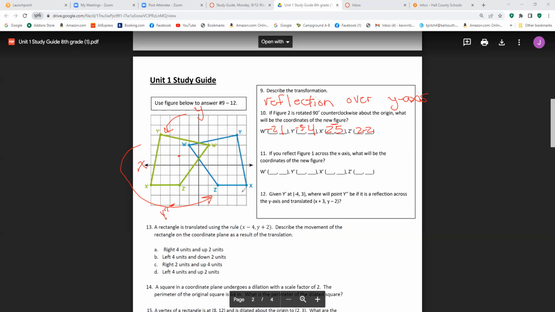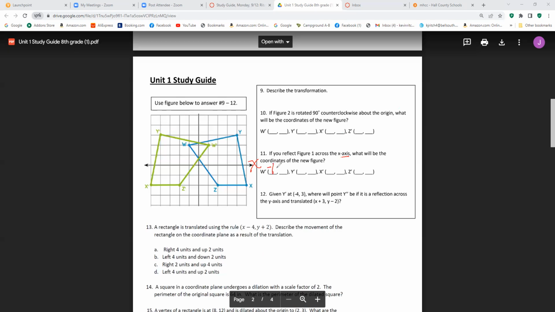There we go. All right, if you reflect figure 1, so we're talking about the blue quadrilateral across the x-axis. So let's get rid of all this other stuff. All right, if we go over the x-axis, then the x-coordinates stay the same, but the y-coordinates change. So w is going to be at -1, 2. So if the x-coordinates stay the same and the y's change, it means that w prime is going to be